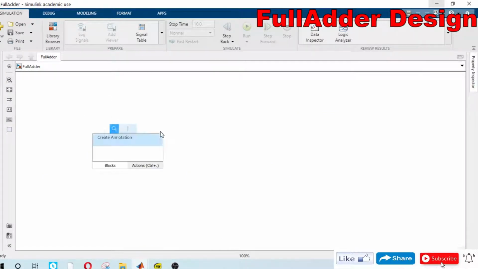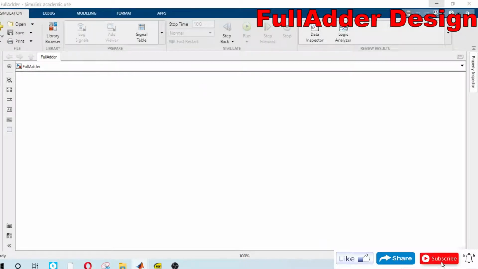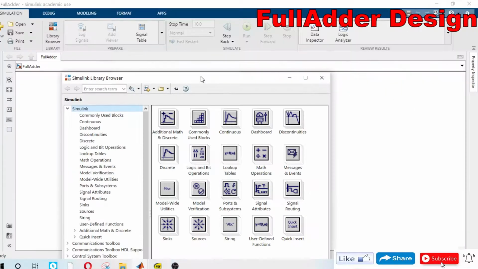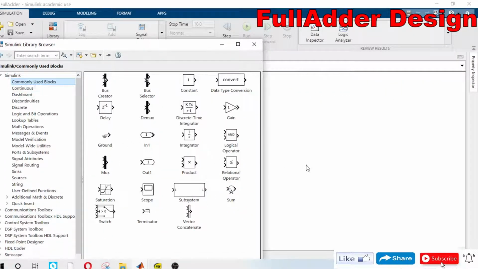For that we can go through the library. We can use these library blocks, or we can just type in the window.